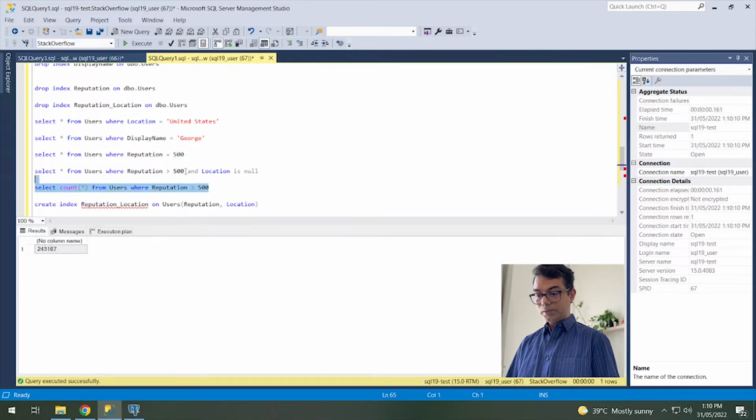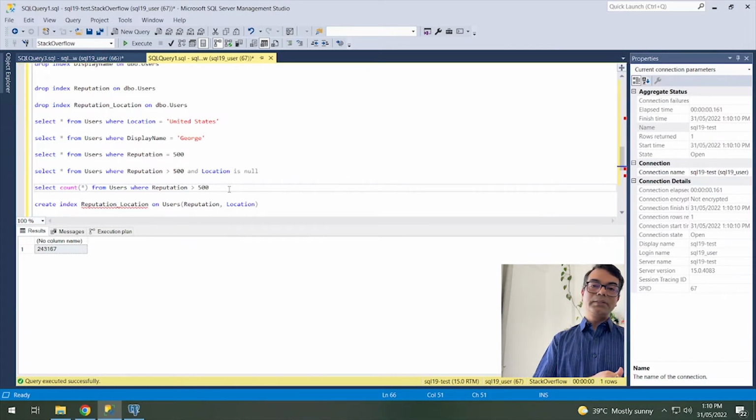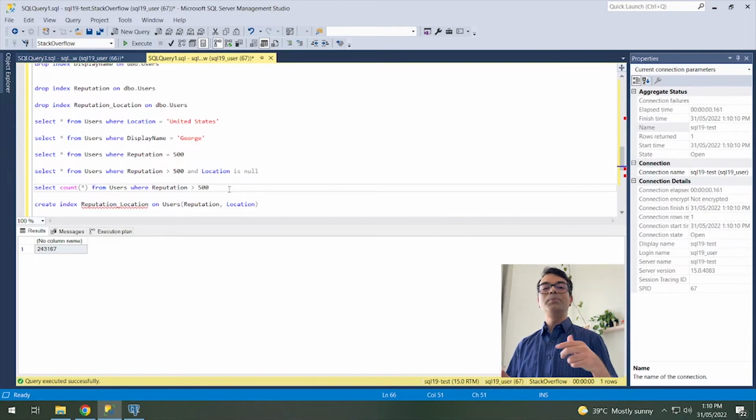I am showing you the approach, how you will approach the query and how you can think like the SQL Server engine, so you can design the index. Here I am giving you an example, but this thought will help you in designing more indexes for your application or for your system.